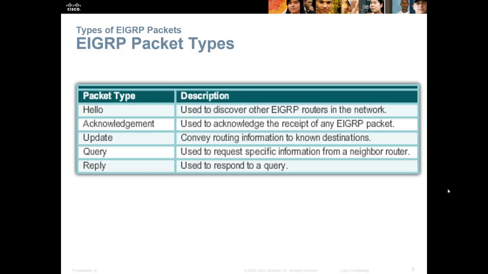All right. Make sure you know these 5 packet types. EIGRP uses 5 packet types, just like OSPF, but they name them a little bit differently. The hello packet is used to discover other neighbors in the area. It's like, hey, hello, anybody out there? And then an acknowledgement is used to acknowledge the receipt of any EIGRP packet. Now remember, with OSPF, you had specific packets that reply to specific packets. So if I sent you a link state request, you would send me a link state update. But in EIGRP, everything gets